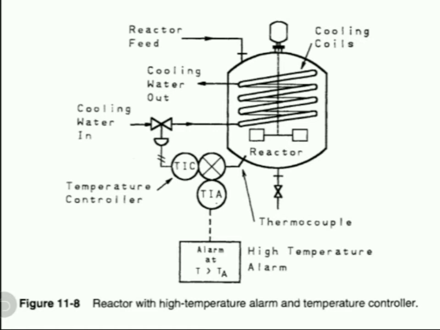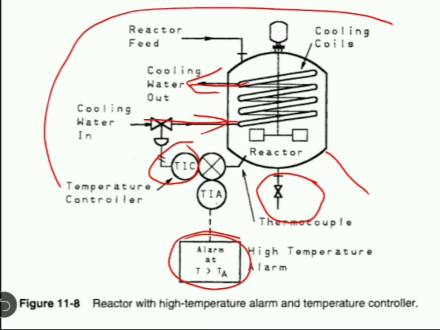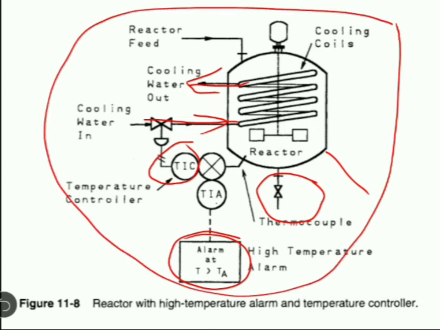So this is the simple reactor example. We can see cooling water is provided to the reactor, maintaining the temperature of the reactor. Again, controllers have been installed, an alarm system has been installed, and thermocouples are installed to measure the temperature of the reactor. So this is how the example is given. Now for this system we have to draw a fault tree.